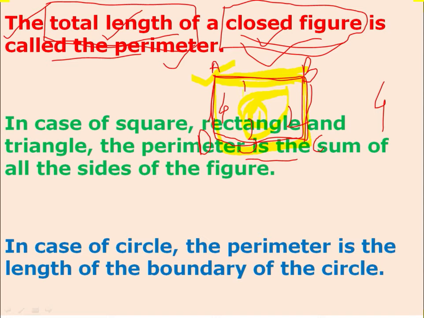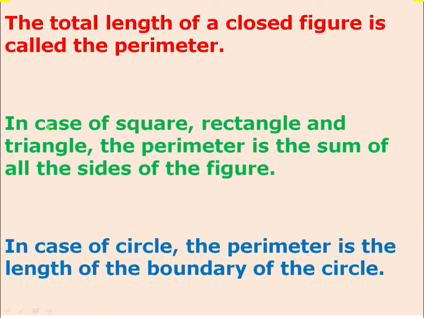So here you can see this is the border of this shape, A to B, B to C, C to D, and D to A. This is the border of this rectangle, and if we count this border, then we count nothing but the perimeter of this shape. So the next definition is given over here. Now we will try to understand what the next definition is.